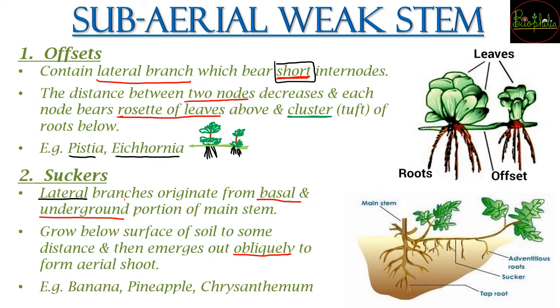So you can see up here in the diagram as well, this is going to be the main stem. Main stem में से a lateral branch came out, and from the lateral branch you can see that it is going to emerge obliquely, and then it is going to form the aerial shoot, and that particular lateral branch is also going to have adventitious roots. So in that way, this particular lateral branch is called a sucker, because ये जो branch है, it is going to have leaves,